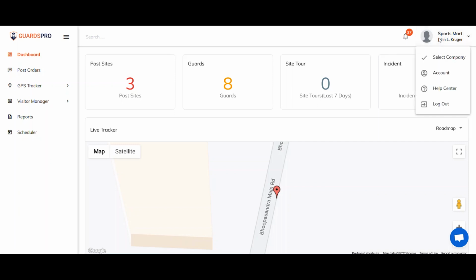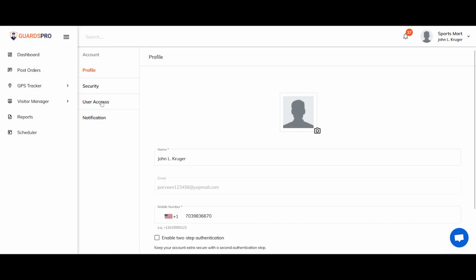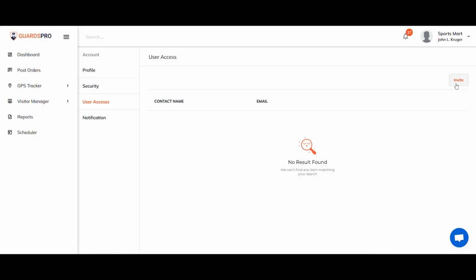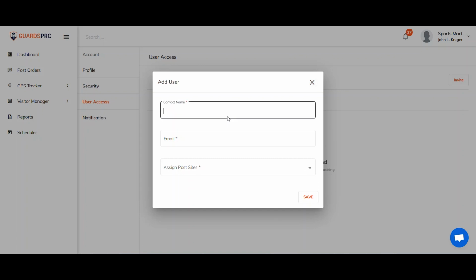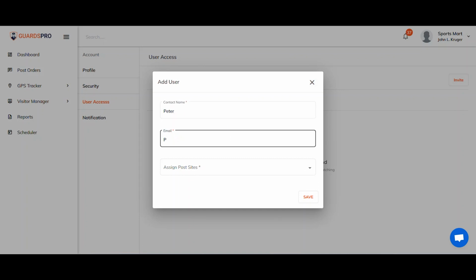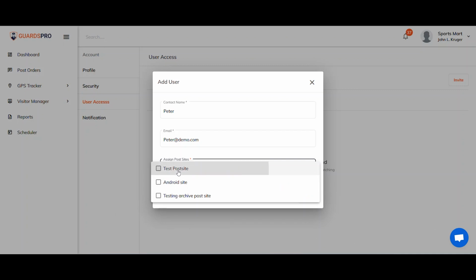Click on the company name on the top right corner and select Account from the drop-down. Now, go to the User Access tab and click on Invite. On the next screen that pops up, enter the name, email ID, and select the location. And once you are done,